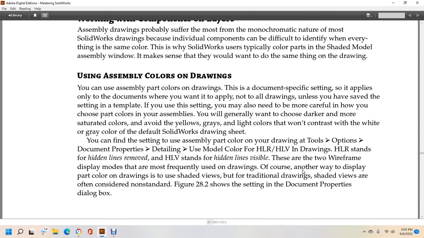You can usually assemble the parts of the drawing with the document specific settings to apply with only the document that you want to apply with, not all the drawings unless you have saved the setting in the template. You also need to be careful on how you choose the parts within your assembly. You will generally want to choose darker or more saturated colors. You avoid yellows, grays, light colors that would contrast with the white and gray color of the default SolidWorks graphic